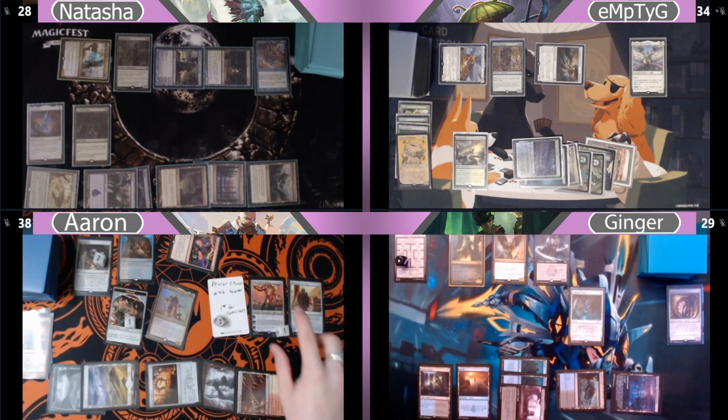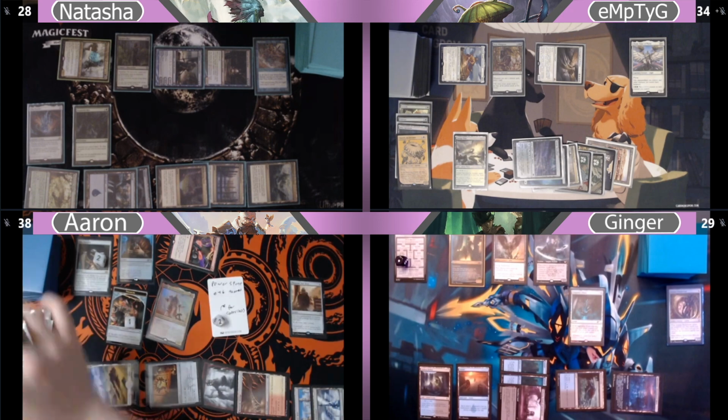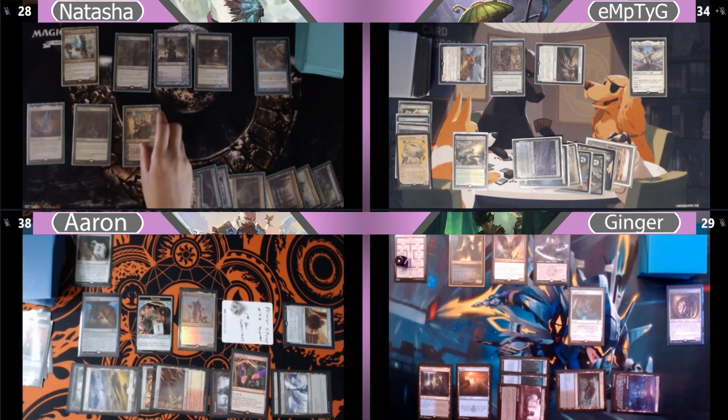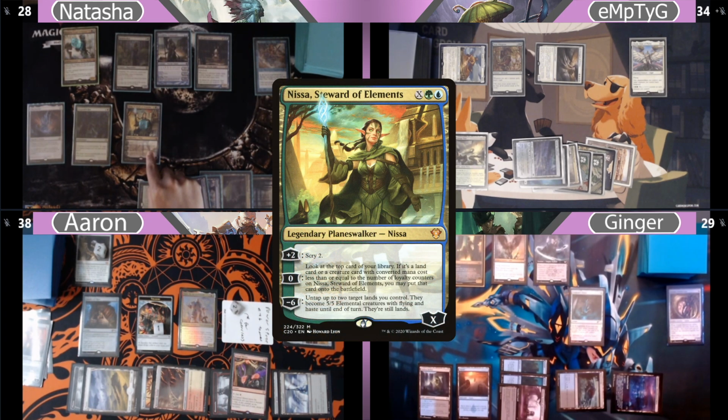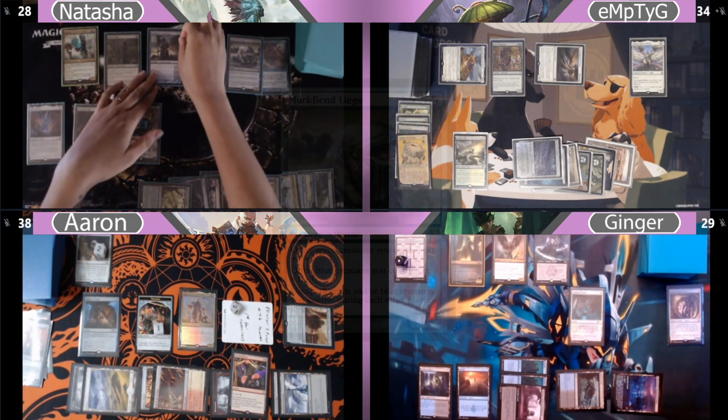Paying 5 mana into Karn's -1 ability, Karn goes to the graveyard, and Aaron looks at the top 5 cards of his library. He then passes the turn to Natasha. Natasha untaps, draws, and pays 7 for Anissa, Steward of Elements. Using her 0 ability, Natasha looks at the top card of her library and puts a Mercfiend Liege onto